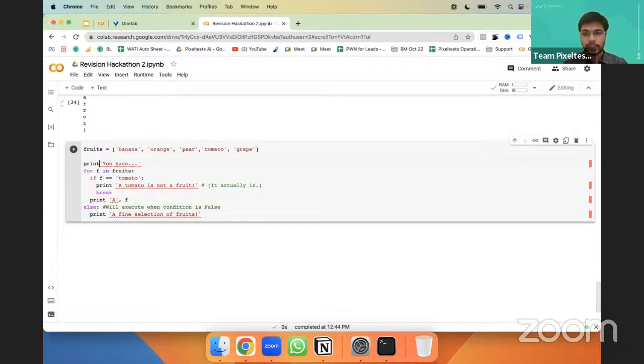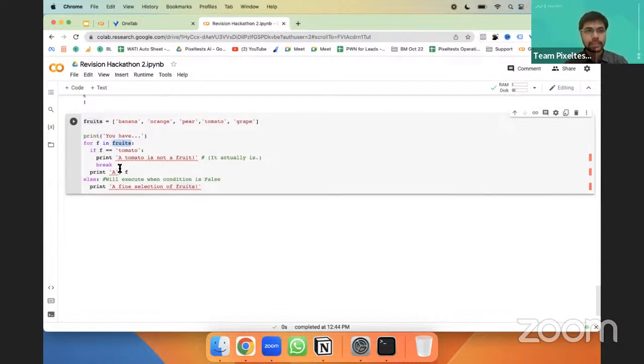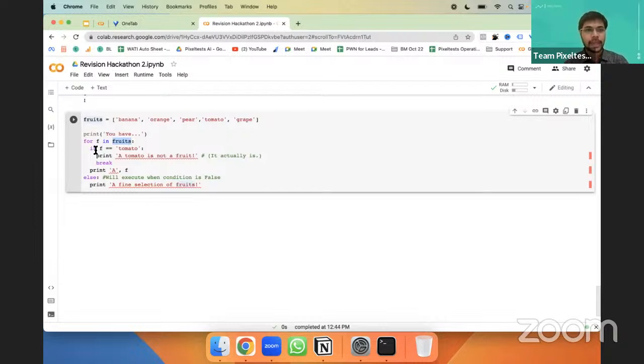We pick up the first item from the fruits list, which is banana, and whenever the fruit is tomato, it is going to print that tomato is not a fruit, and then it will break. When it breaks, it's going to print the name of that particular fruit.